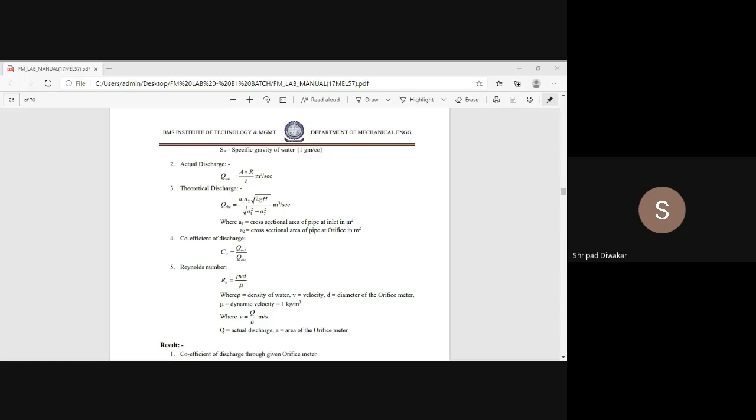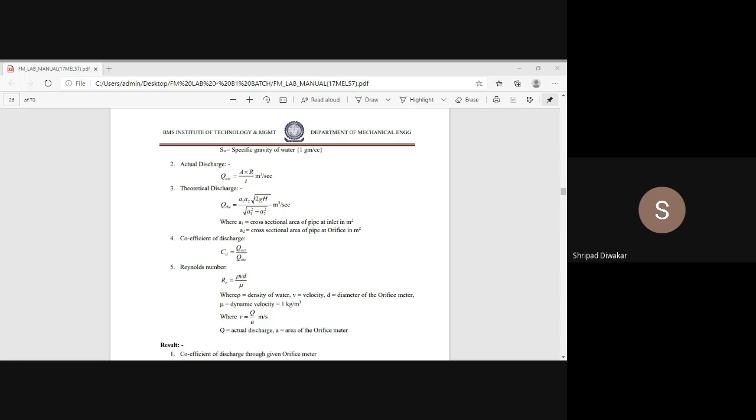Whatever papers you are having, don't lose them. You have to submit them in the Google Classroom. That's why I used to tell all these things. You have to write your name and USN, and submit those papers. That carries 24 marks. As I said, an individual experiment carries 24 marks. So based upon your calculation only, we are going to give the record marks.